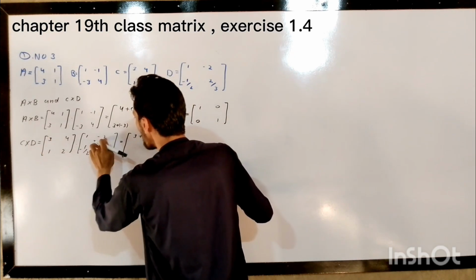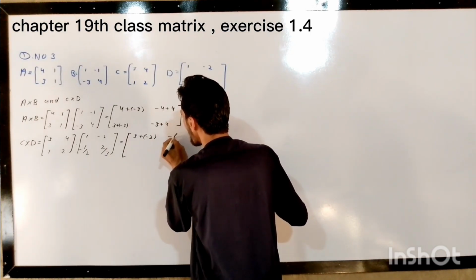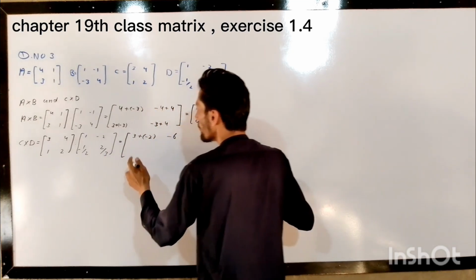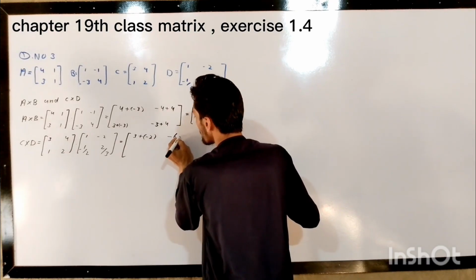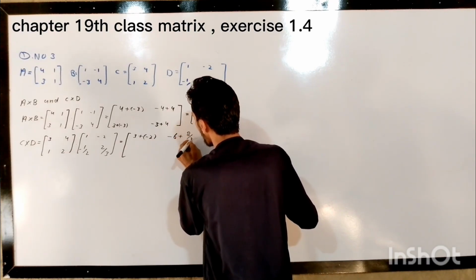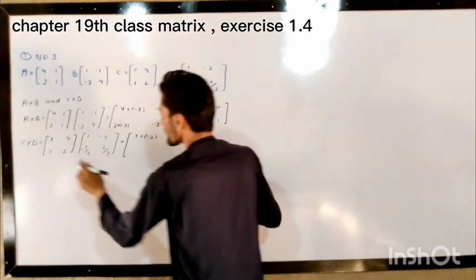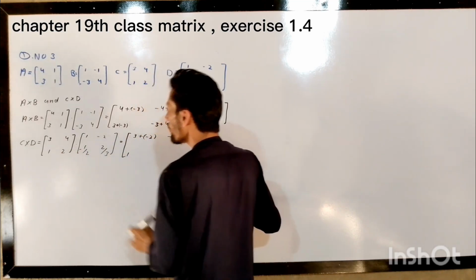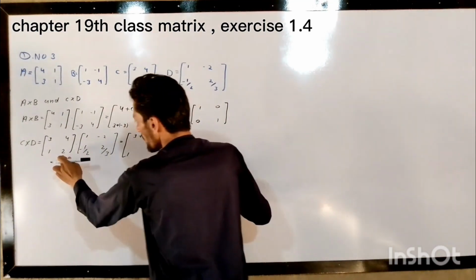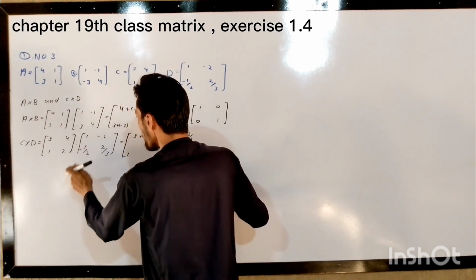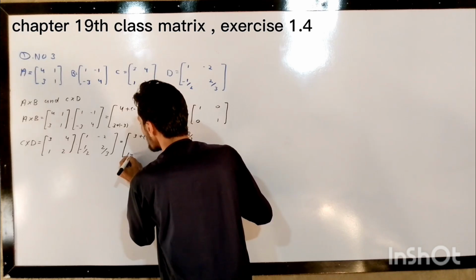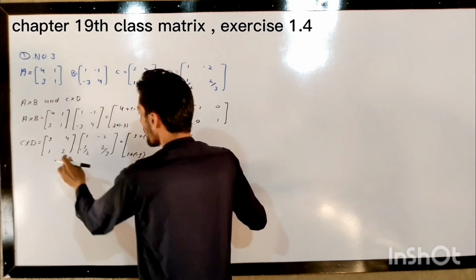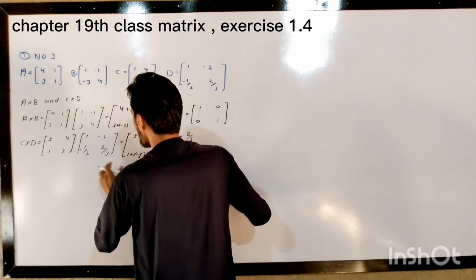Okay. 3 multiply with minus 2 will be equal to minus 6, and 4 multiply with 2 over 3 will be equal to 8 divided by 3. Okay, this was the first one. The second one is 1 multiply with 1 will be equal to 1. 2 multiply with 1 over minus 2 will be, so we will multiply 2 with 1, it will be 1, and minus is equal to minus. So plus into minus 1. Okay. The second row is done right now.